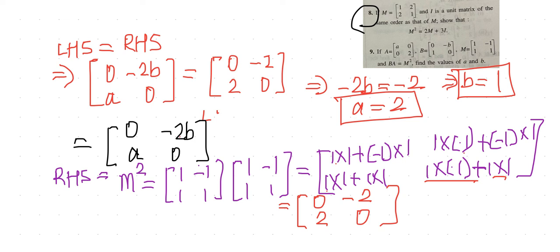Okay. Now we'll be moving on to the next question, children. That is question number 10. So what is there in question number 10, children? It says, given A is equal to this much and B is equal to this much, find A minus B, A square, AB and A square minus AB plus 2B. So this question is very easy one, children. I suppose that you can easily take this one as homework. So I'll be marking this as homework.